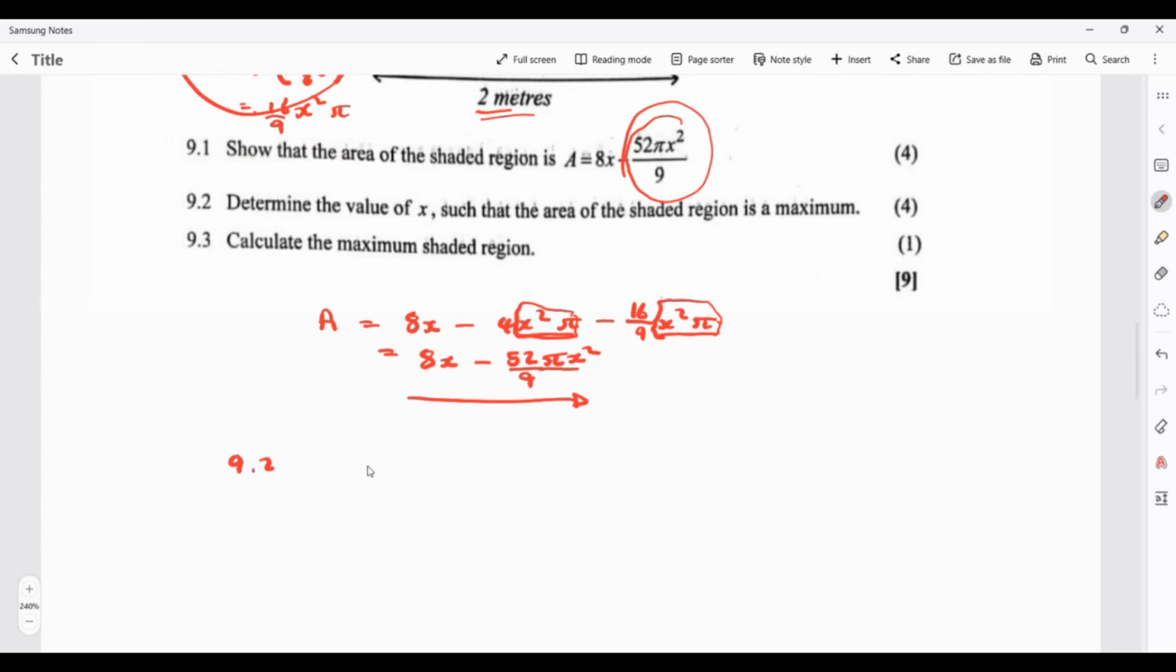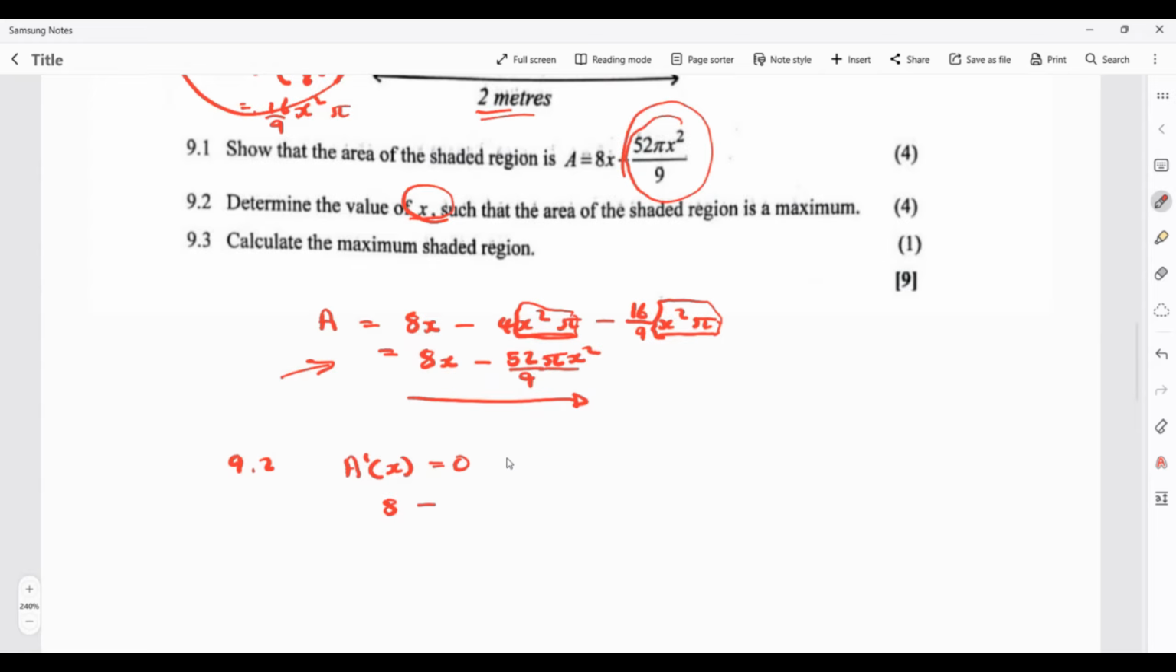And then from there, they said, determine the value of x such that the area of the shaded region is a maximum. So now we just have to apply differentiation. We're required to find the value of x. We can differentiate that because we don't have a variable in a denominator. So I will apply the derivative, and the first derivative must be equal to 0. So I have 8 minus